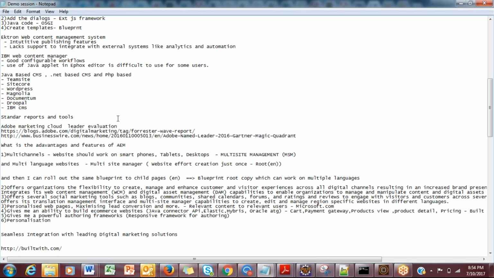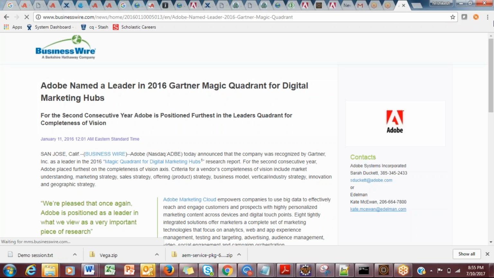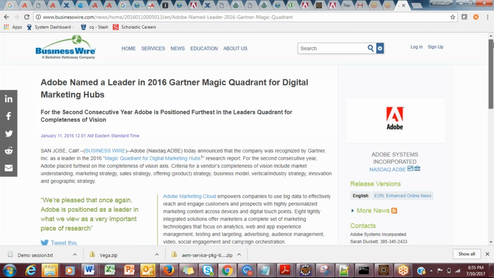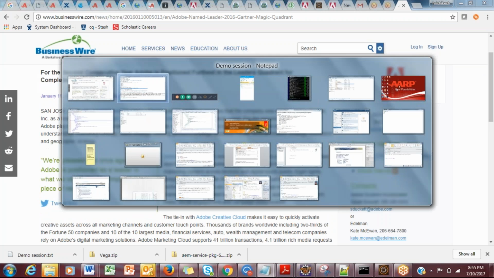So they rely on standard reports. Which are some of the standard reports? You have Forrester, you have Gartner, right? Now, when you get into these reports, you have a parametric-based evaluation of various CMS tools in the market, right? And why AEM leads. So let's open this report. Consistently, over the last 2-3 years, AEM has been leading in all the quadrants of the Forrester. You could go and download the report here.